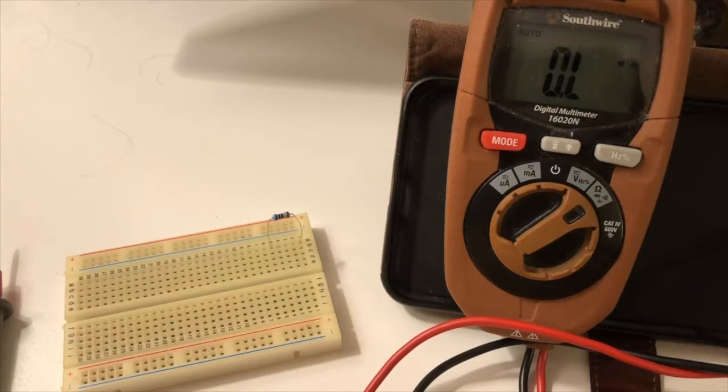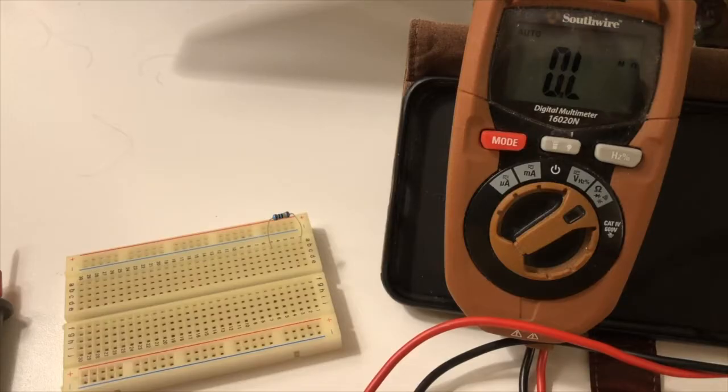Now, I have a couple more of these 10 ohm resistors. You say, how do you know that those are 10 ohm resistors? Because there are so many. I mean, resistance, we can go up into the mega ohms and beyond. How do I know that this particular resistor is only 10 ohms? And if you look carefully,